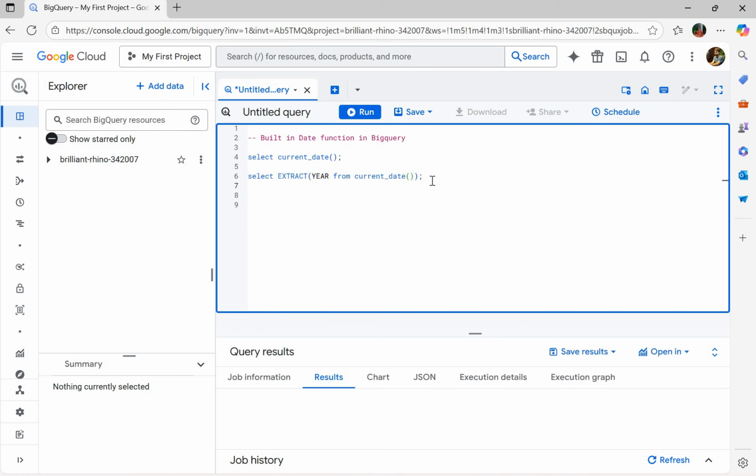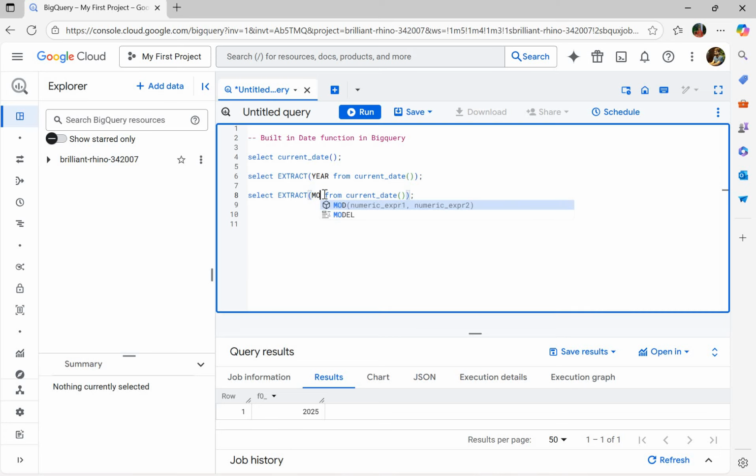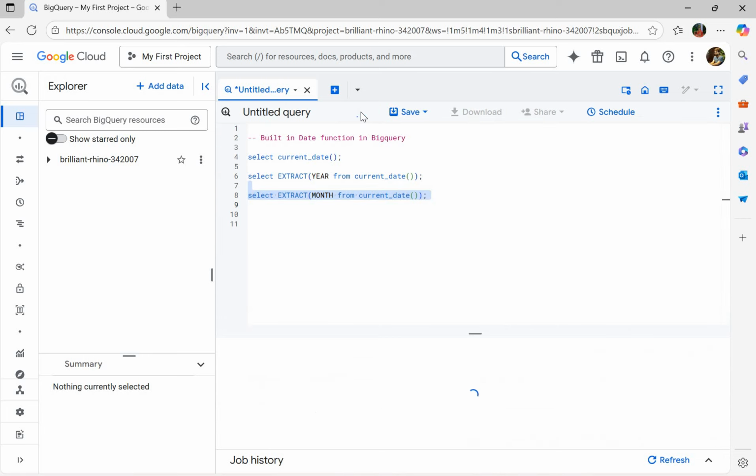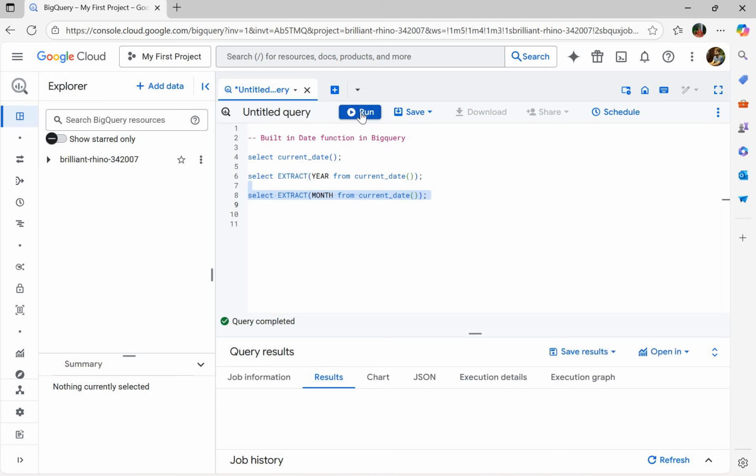Meanwhile it's running, let me write it down for month as well. Let's say if I want to extract the month, right? Then we can do it the same way. Instead of year, we will change the value to month. Now we can see that the above query has been executed successfully and we are getting 2025. Now if we want the month, we can execute this query and we'll get the month value. The query is running and we can see that the output is 8, since it is the August month